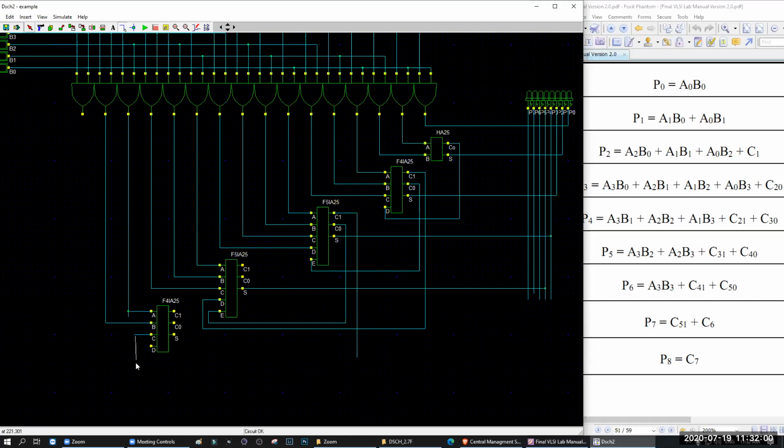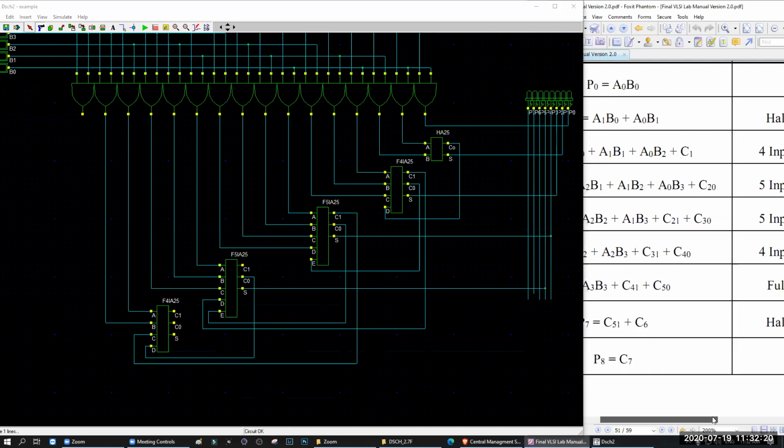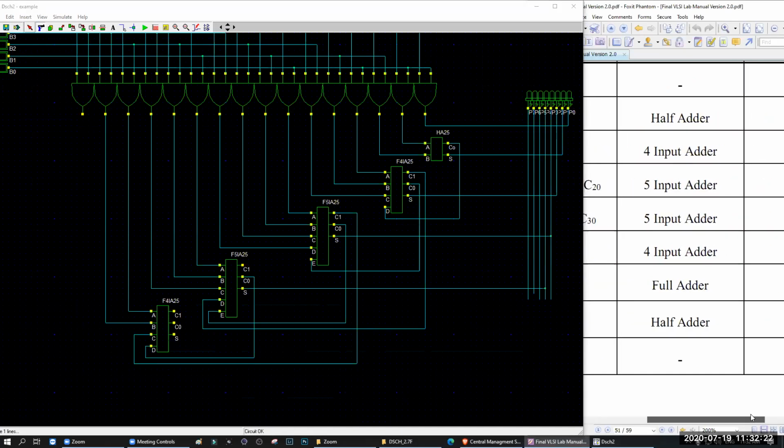And this one, C40. This will go to the C40. This is the extra part we can trim. And the sum will go to the result.